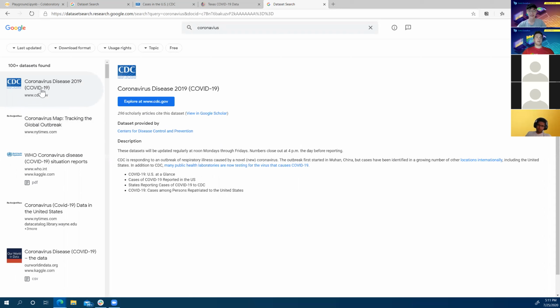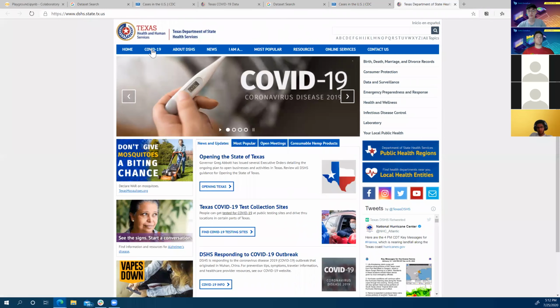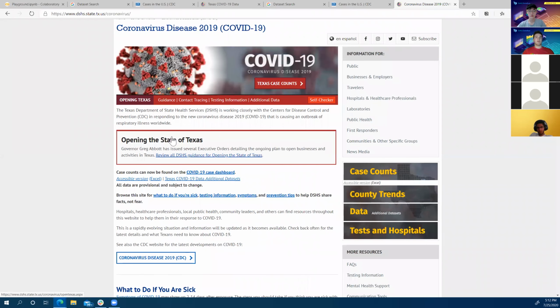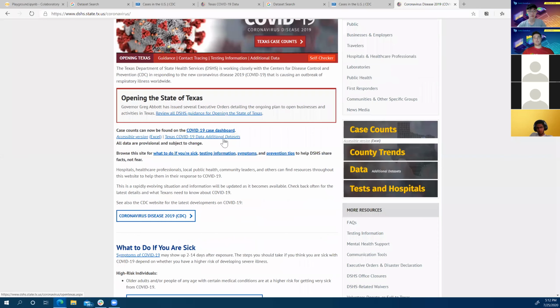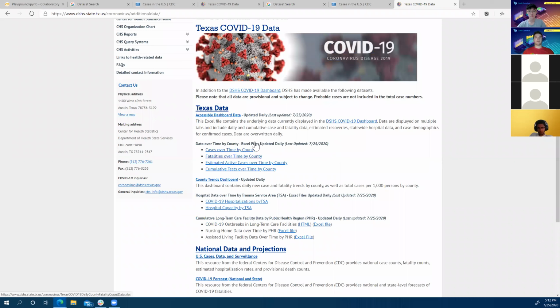And then I clicked on Texas, which brought me to the Texas site, Texas Health and Human Services. I clicked COVID-19 and I clicked the Texas COVID-19 data additional data sets. Cool. And then I got the link here.